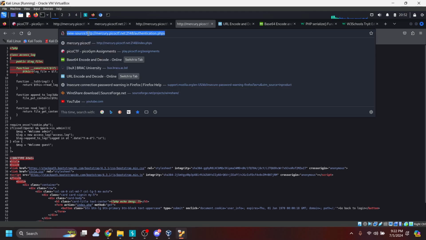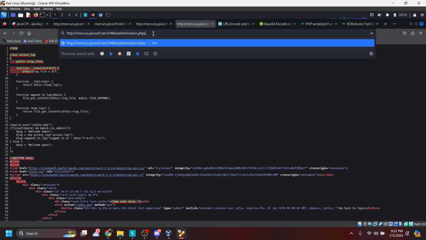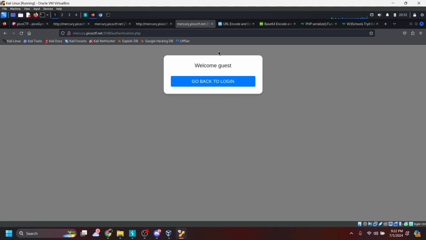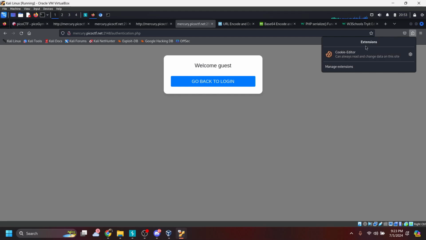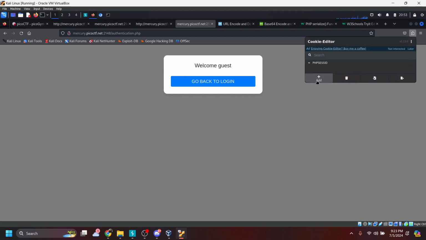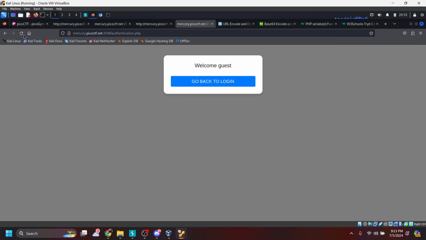What if we try to just go to this site itself, without the source code, and we see that it welcomes us as a guest. So if we modify its cookie using the cookie editor extension on Mozilla Firefox, and just add a login cookie with some random values,